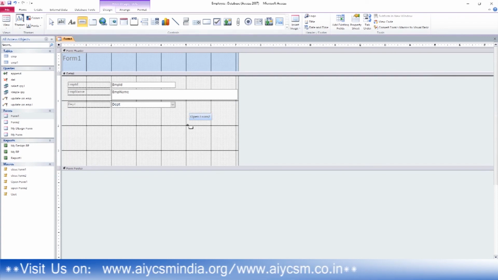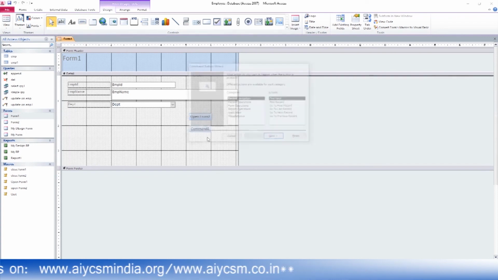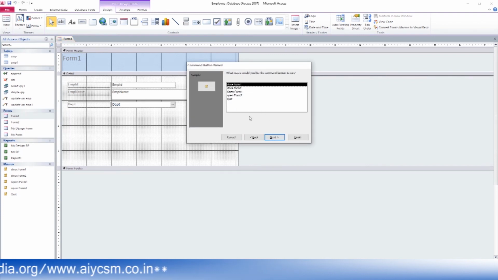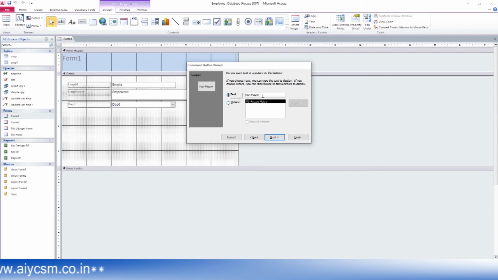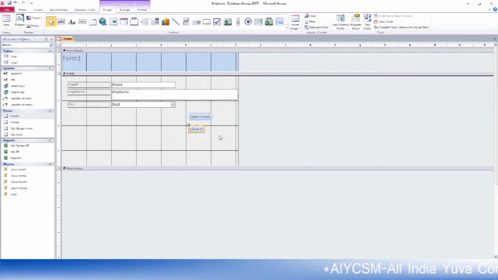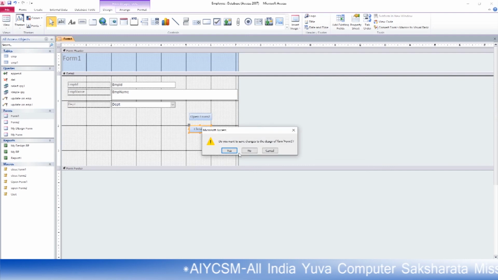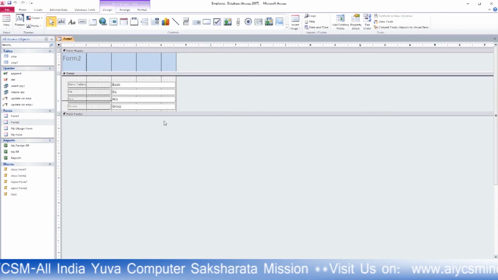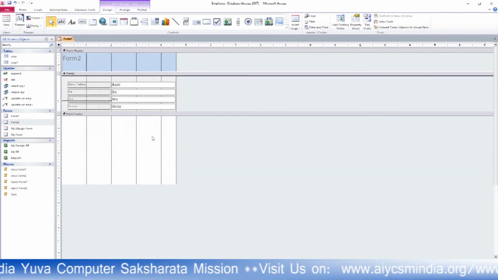I am opening form 2 from form 1. Now run macro, close form 1. Write it as close it. Next and finish. This is the close button. Now open it in design view.